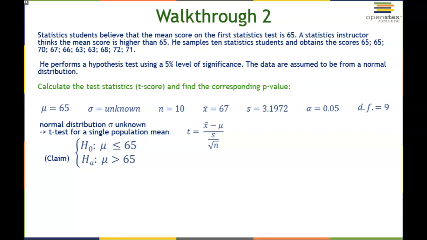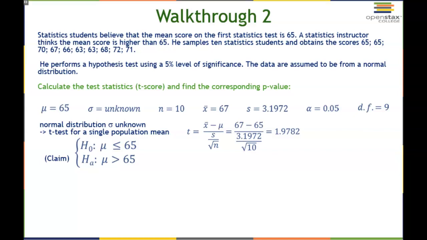So the equation for t is pretty much exactly like z, except instead of using the population standard deviation, we're using the sample standard deviation. Plugging in all of our values, we get 67 minus 65, all divided by 3.1972 divided by the square root of 10, and that equals